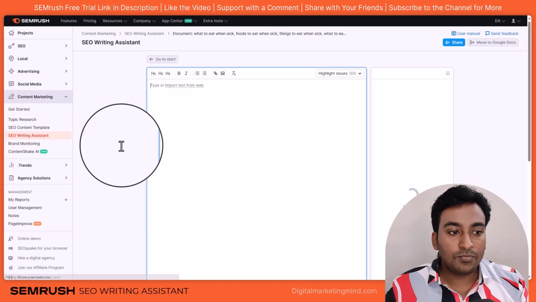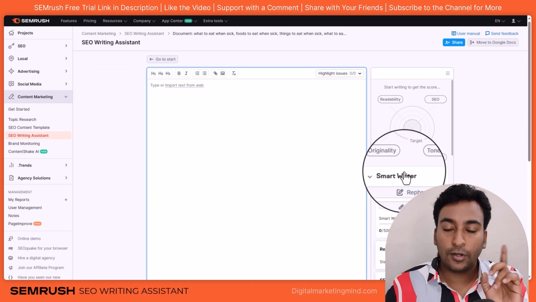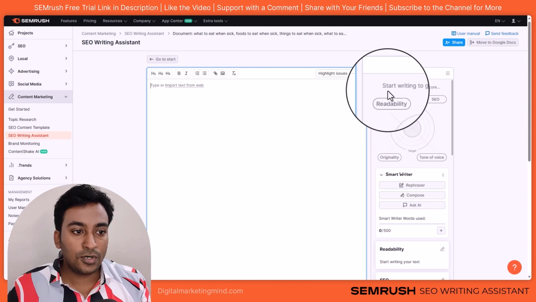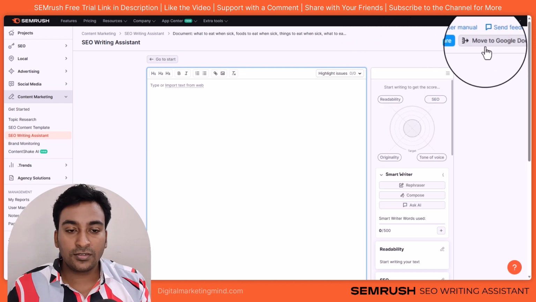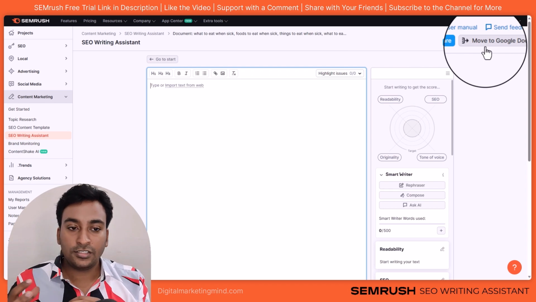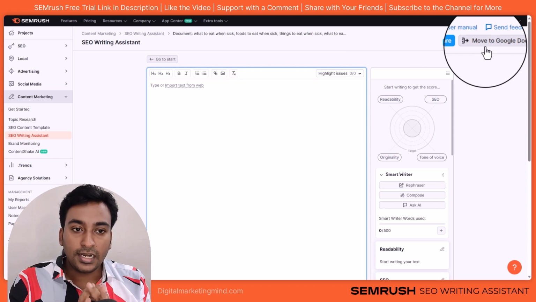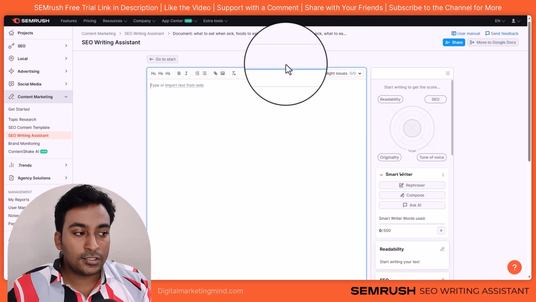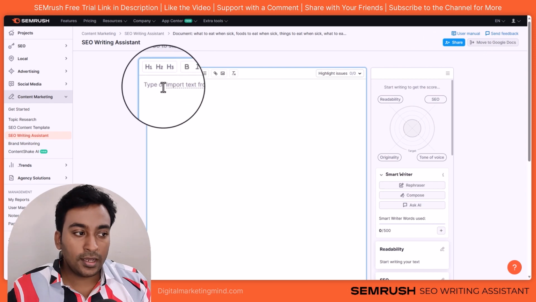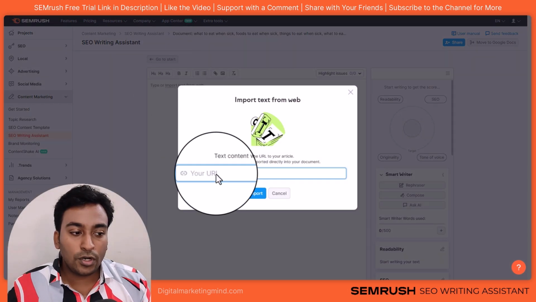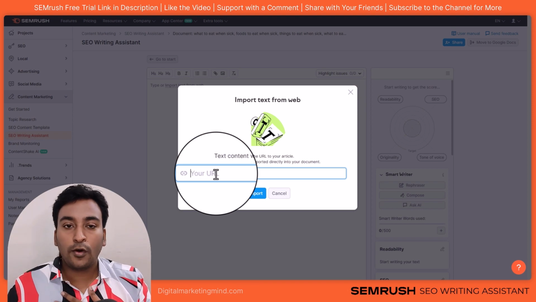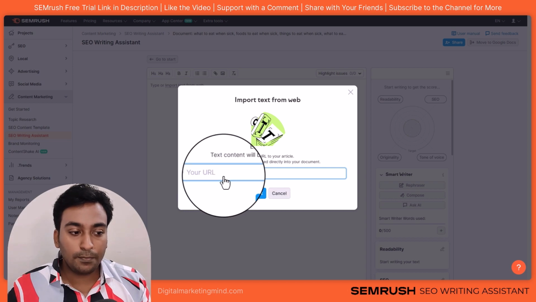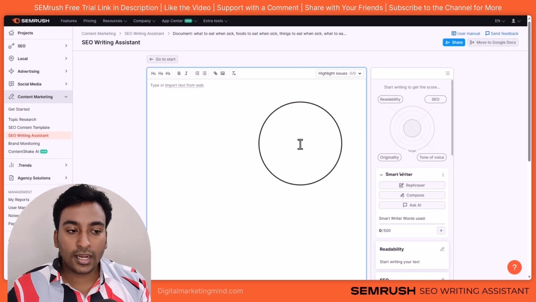For example, this is data which I transferred from our keyword magic example, and you can see it gives me certain options. As soon as I come into this section, I can move this to Google Docs because they have integration with Google Docs and the WordPress editor. So if I want to edit it from there, I can do that also. I have control with basic HTML formatting. I can either type the text or import text from a URL. In case I already published a post and I'm just looking to improve that particular content piece, I can import it from here, or I can